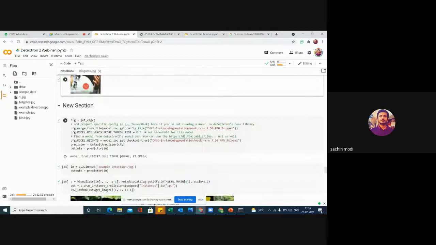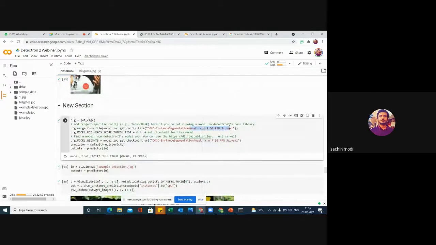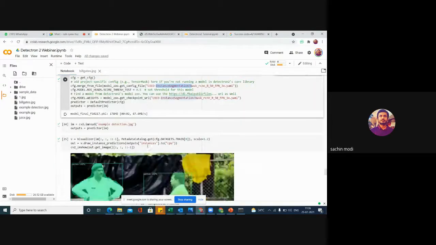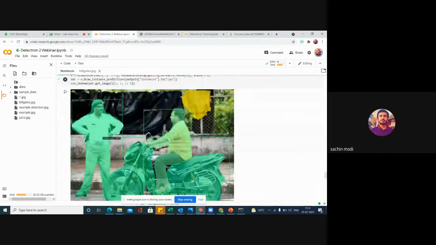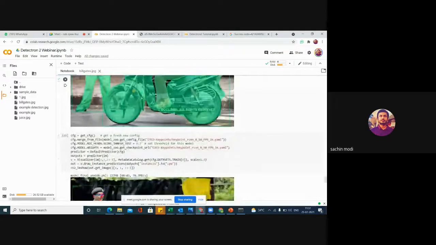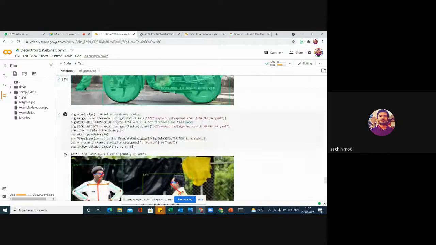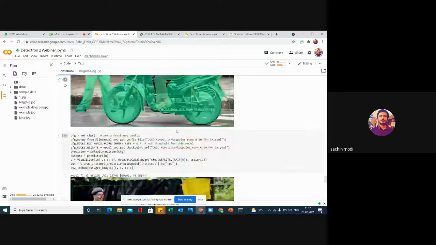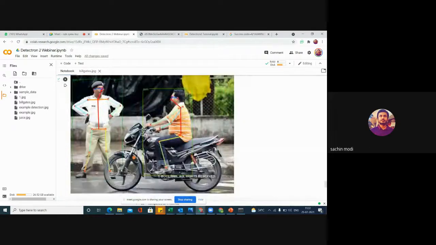So this is a Mask RCNN trained model, an instance segmentation model. I pass in this image, and this was the output. It was able to detect a person, then also draw a mask around the objects, a motorcycle and a person. So three objects it is detecting. Then another head we can add on top of it is to detect key points. So instead of the mask, it is detecting key points now, right?